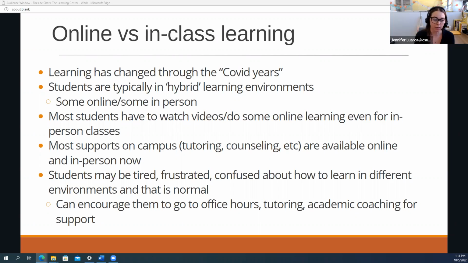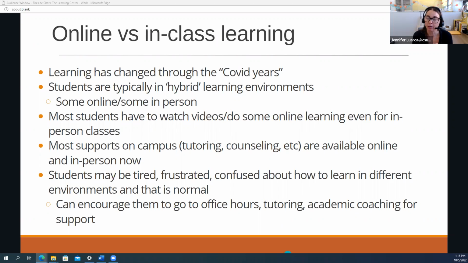So you may see your student at home studying and might look like they're on their computer and they're not really doing what you know to be studying. Most likely they're in their courses, on their course web pages, doing assignments. Everything is done online, even if they're learning in person. So keep that at the top of your mind. Most students will have to do what we're calling flipped learning, where they have to do some reading or video or activities online before they get to the classroom. So again, you're going to see them on screens a lot, and this is where they need to be for most of the learning that's taking place on campus.